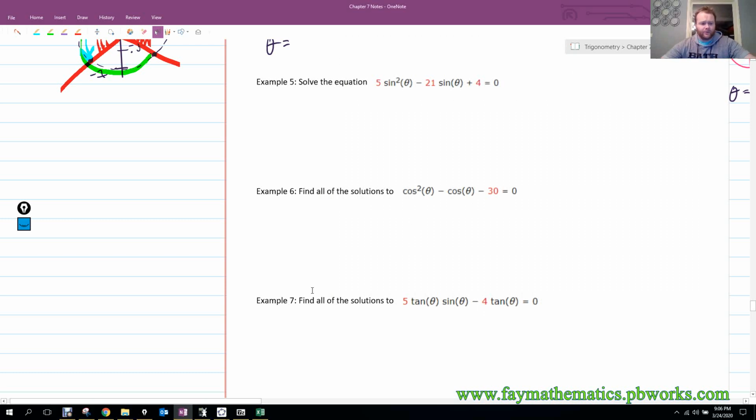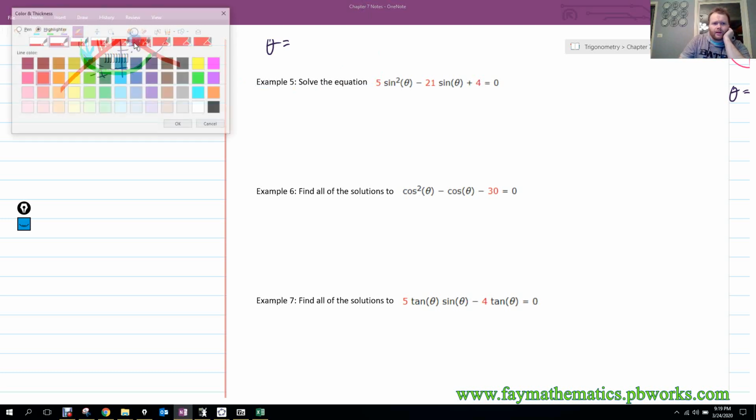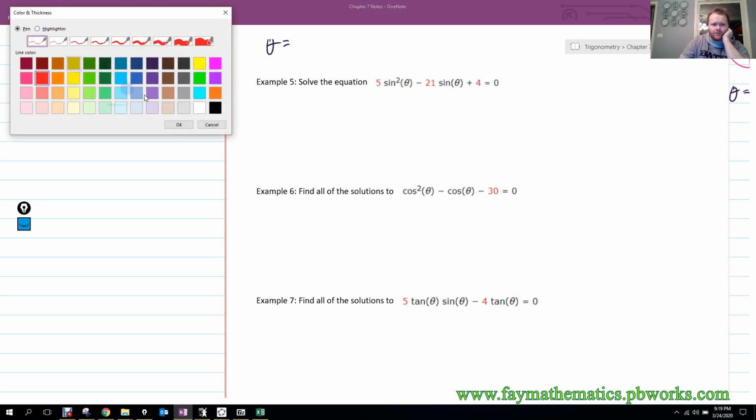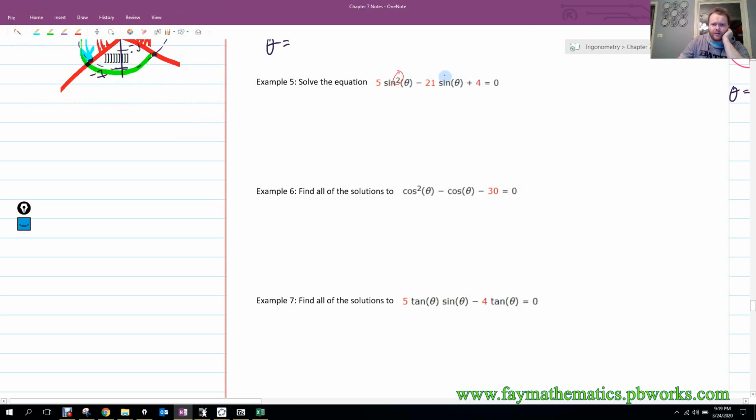Okay, so this next example, again, is going to be quadratic in nature. We've got something squared, something to the first power, and then our c term. So we're looking at letting u equal sine of theta. Then when we substitute here, we have 5u squared minus 21u plus 4 equals 0. The AC method is going to give me